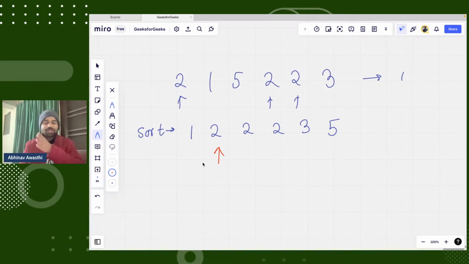Yes, okay. So look, now this second element is greater than the first element. It is greater, so it's fine. It's not equal, and it's not smaller, it's bigger. It's fine. Let's move forward. Next is